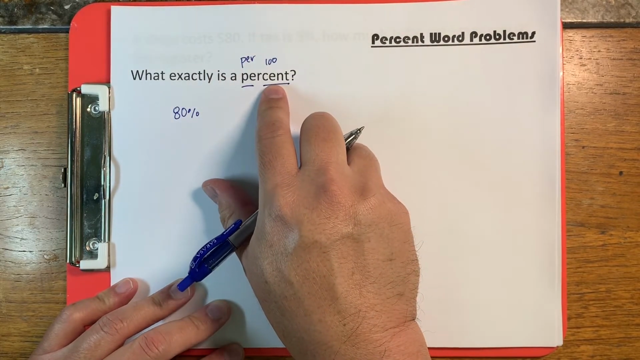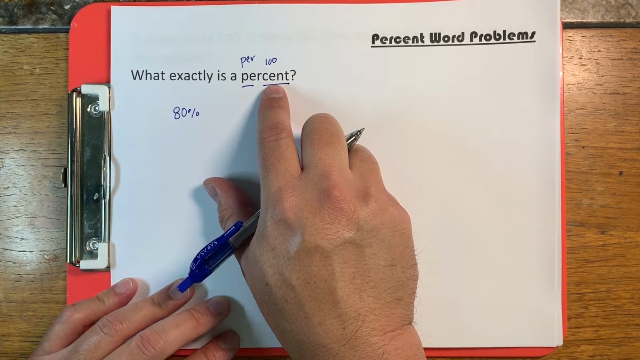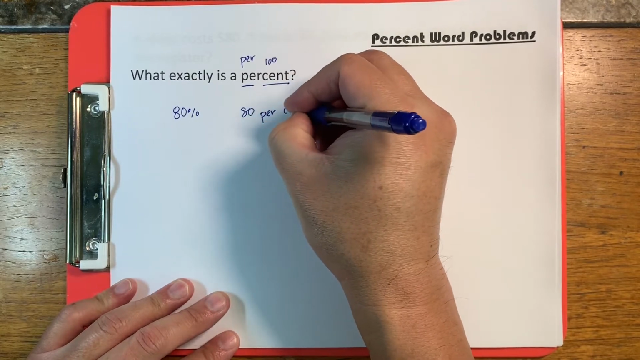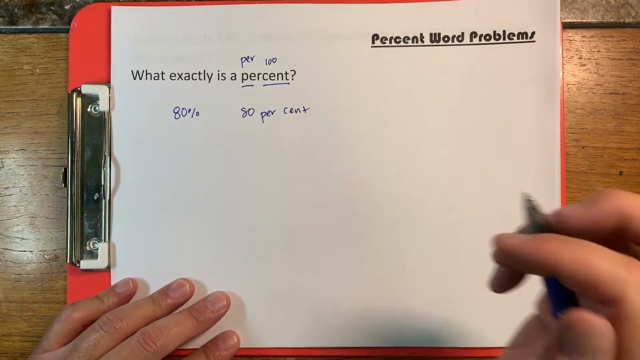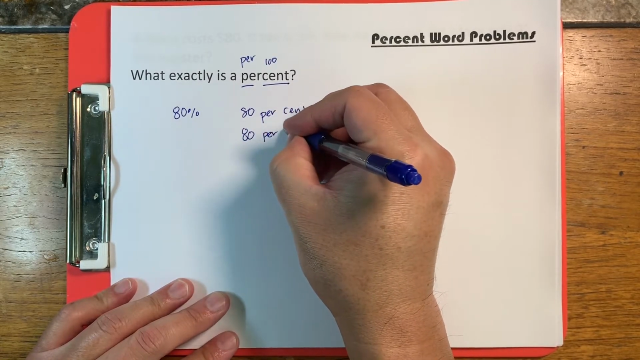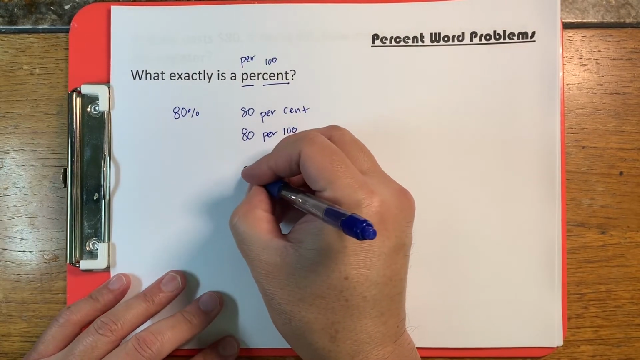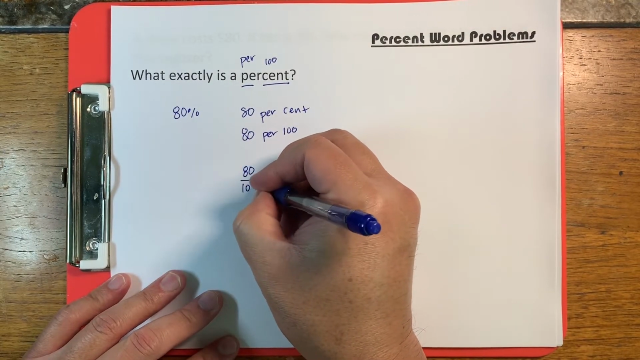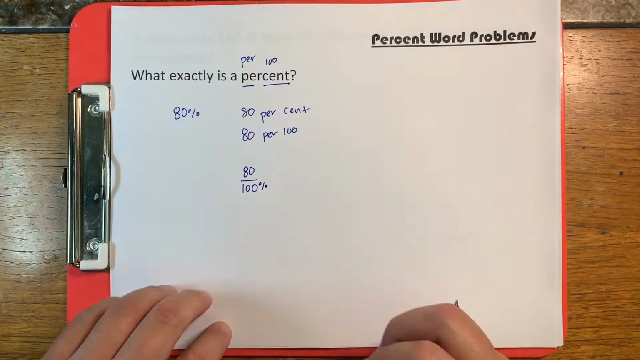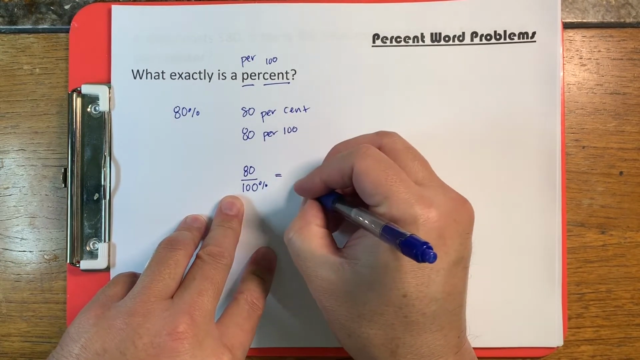There are 100 years in a century, and there are 100 cents in a dollar. So when we say 80%, think of it as two words. You can think of this as 80 per 100, and we could also write this as a fraction, 80 over 100. So if 80 is 100% of something, then 50%